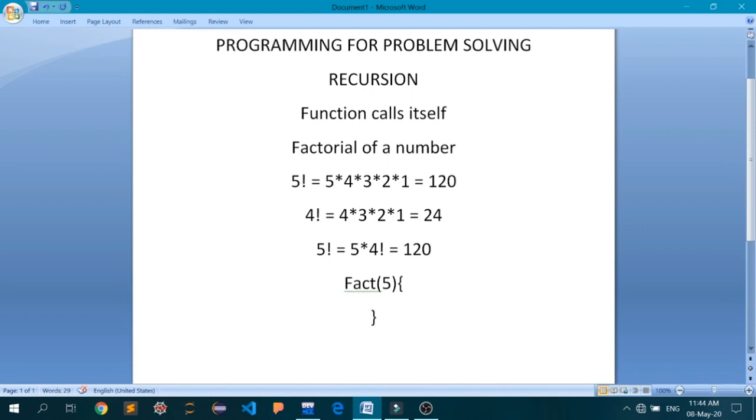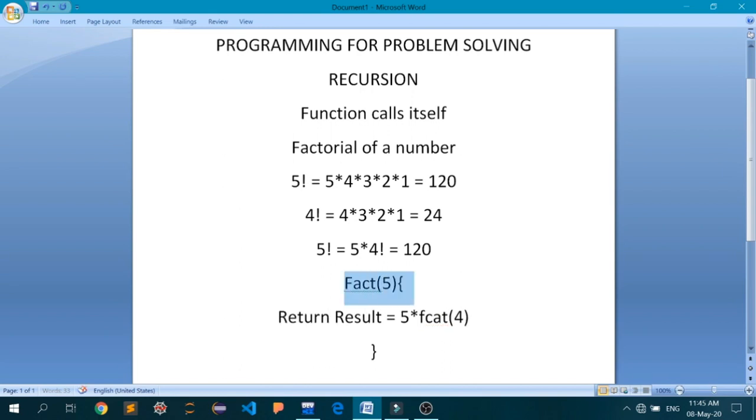Now I'm inside the body of the function fact, and inside this, let's say we have a result, an integer type variable, which is equal to 5 multiplied by fact 4. I will write here return.